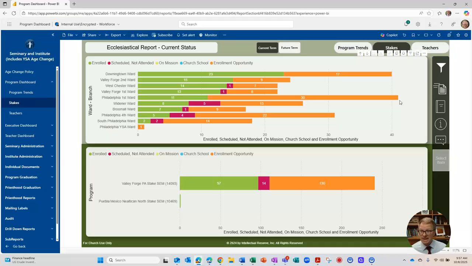For example, if this was my stake leader, I would say, President, I noticed Valley Forge 2nd Ward, their enrollment is really good, but I noticed that the Philadelphia 1st Ward only has 11 out of a potential 41 youth enrolled in seminary. What do you think we could do specifically in that ward to reach those youth? It's an inner city ward, travel might be a difficulty, so what are the tools that we could use to reach those youth? You'll have a much more productive conversation with a stake leader if you have a much more